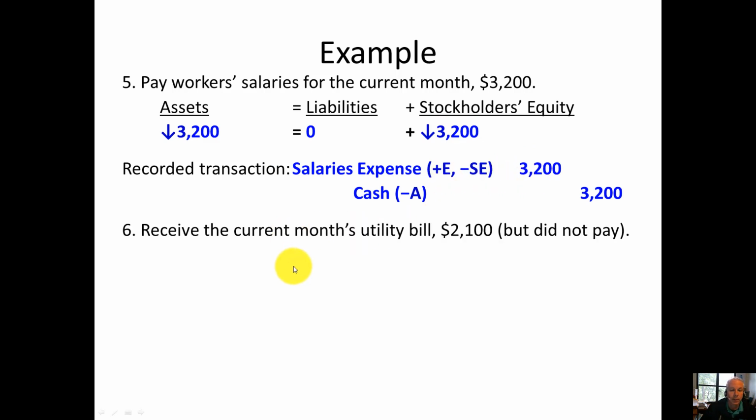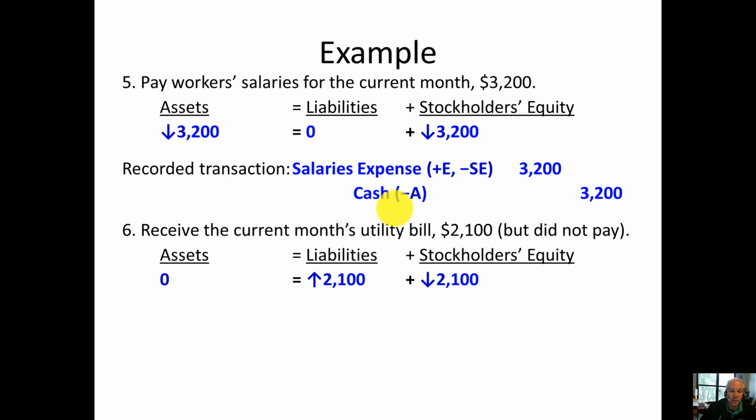In 6, let's say we received the current month's utility bill of $2,100. We received the bill, but we did not pay it, but it means it's incurred. An expense that's been incurred still has to be recorded as an expense. However, we haven't paid it yet, so we need a liability to step in until we pay it. So in this case, assets don't change, but our liabilities go up, and our stockholders' equity goes down.